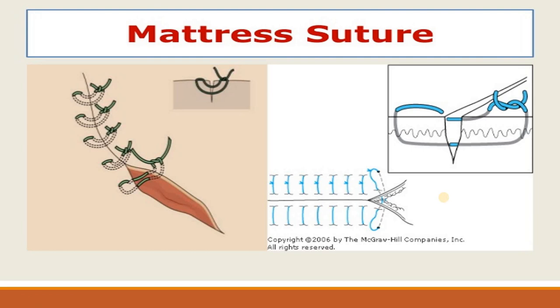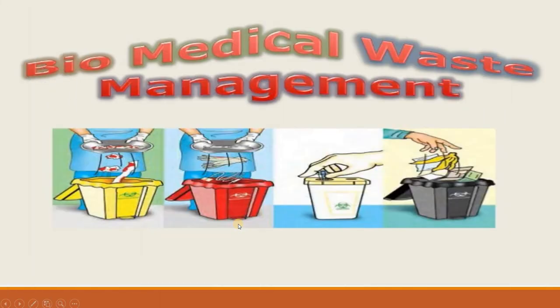The stitch starts with a simple suture, and then the needle is passed back, picking up the skin very close to the edges on both sides of the wound in the same plane. This type of stitching technique may leave linear scars. You will see there, both corners are stitched. Every corner will be stitched. This is the mattress stitch.